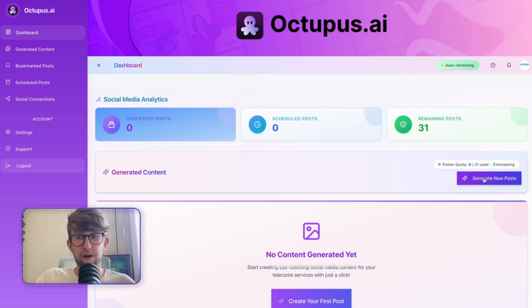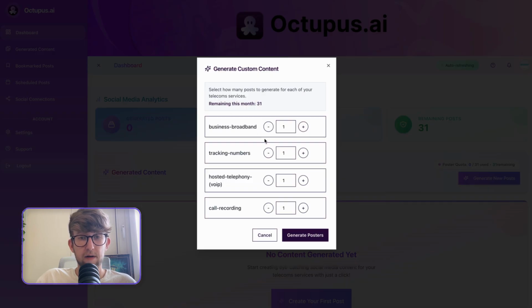So if I go to generate new posts right here, I can choose how many of each one of these posts I want to generate. So you'll notice these are the services that I picked previously. So do you know what? I don't actually want a post on call recording. I don't want to post on tracking numbers, but I do want to post on business broadband, and I want one on VoIP as well. So if I choose 0011,